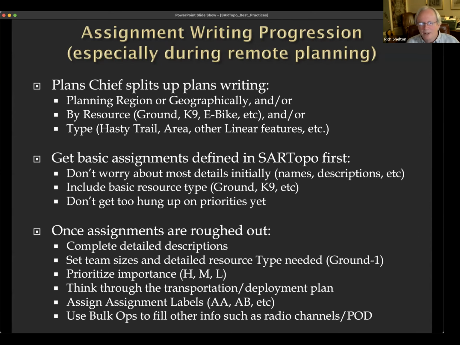Next person might work on logistics and things. That's one way to do it. Another time, we might just draw a big grid on there and say, you do the Northwest, you do the Northeast, and you cover all the assignment types. So it just depends on the geography of what we're doing and the type of person that went missing. But we essentially break up the work and then get everybody